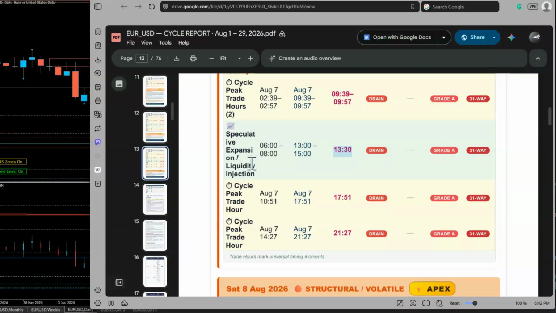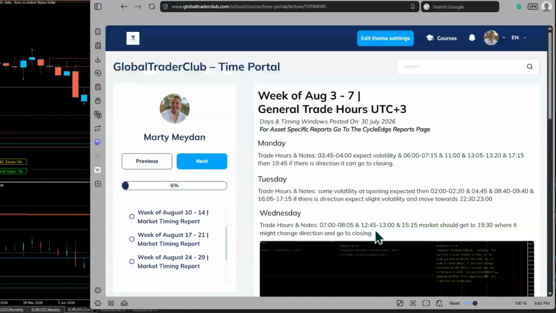Into Friday. And I've got another thing happening on Saturday. So Friday, we're probably going to land somewhere where it's a price target. So Friday is also important. We can follow that whole thing for the week. And all of that is predicted in advance and posted in the members area on the 30th of July.